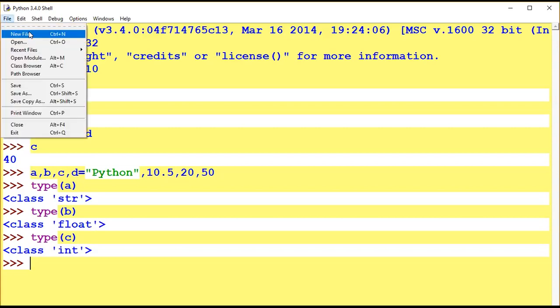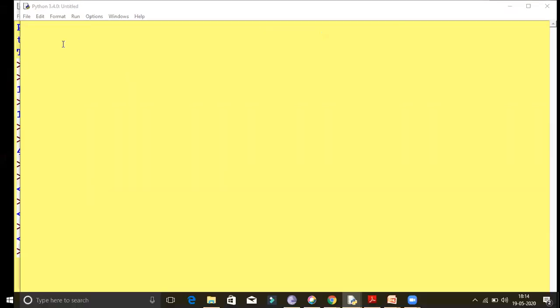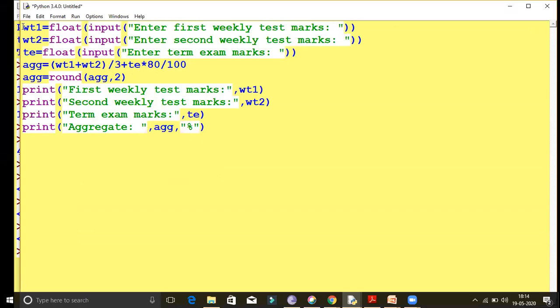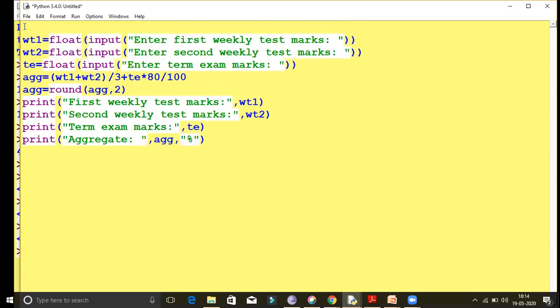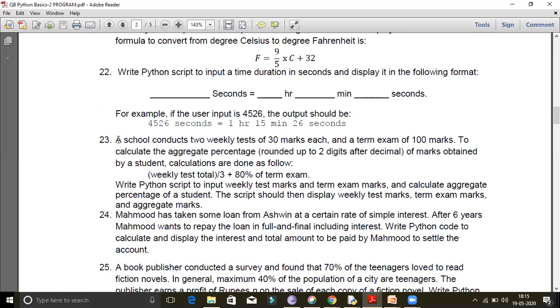Now I am starting a small program, in Python script mode. See here, this is a written test. I am writing the question here also.